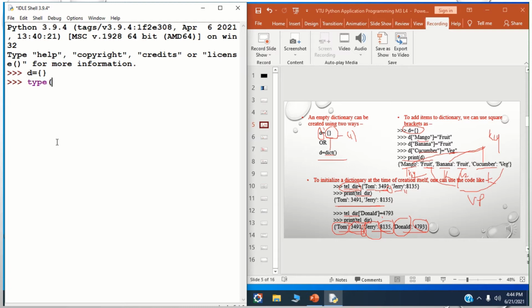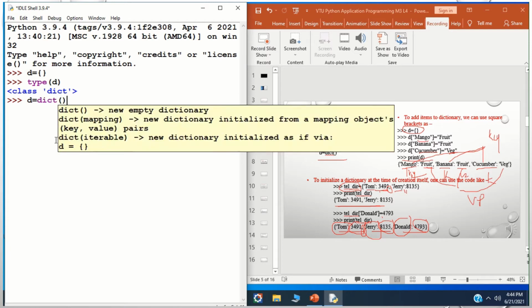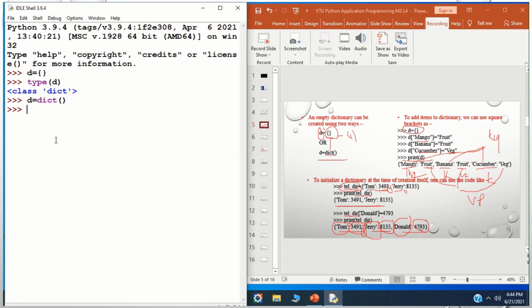So within the parenthesis you pass the dictionary variable name. I name the dictionary variable d. So this will show the class dict. So this is one method. Another method is using keys. First we have to create the dictionary variable name d. It's equal to dict, after that we use normal braces. If you want to check the class of d,